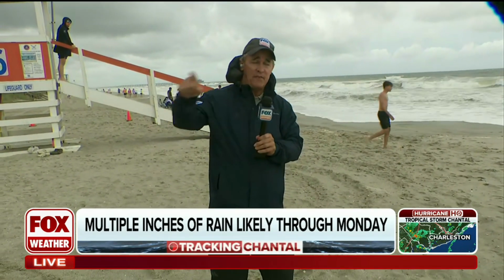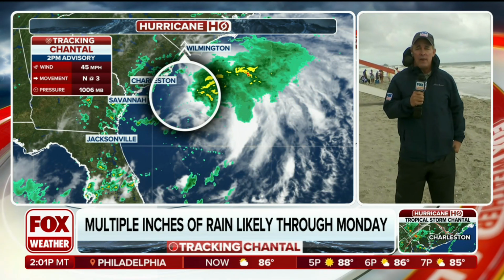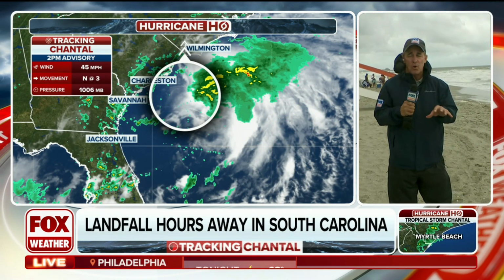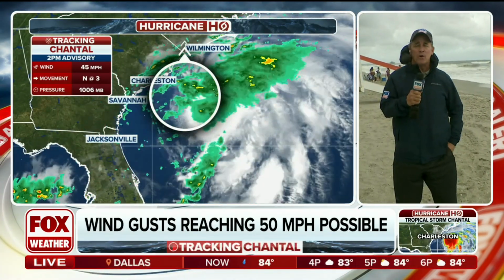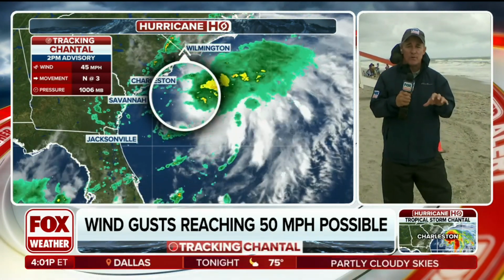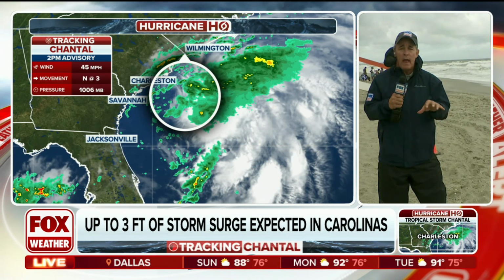Remember, everything rotates around low pressure in the northern hemisphere counterclockwise, and you can see the center, the blob of rain, even lightning bolts out over the Gulf Stream and about 100 miles off to the southeast of Charleston, South Carolina. The storm is not moving very fast, with the 2 o'clock update north at 3 miles an hour. We expect it to start moving a little bit faster overnight, and all of the global models, the hurricane models, the HWRF, they're all bringing the center on shore tomorrow morning, some before sunrise, some right at sunrise,